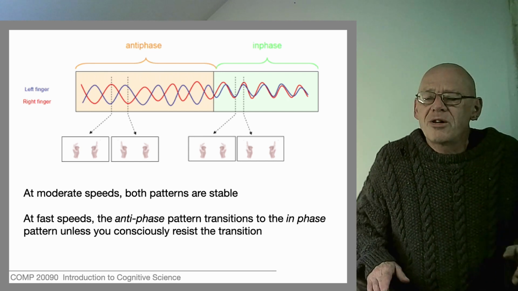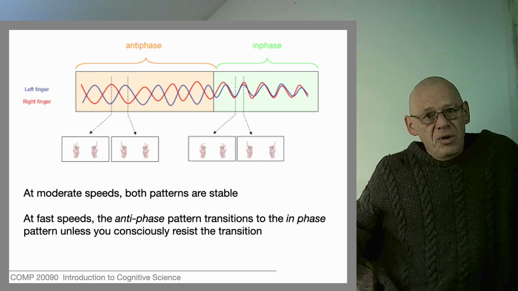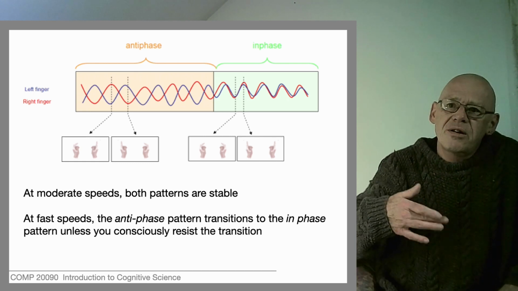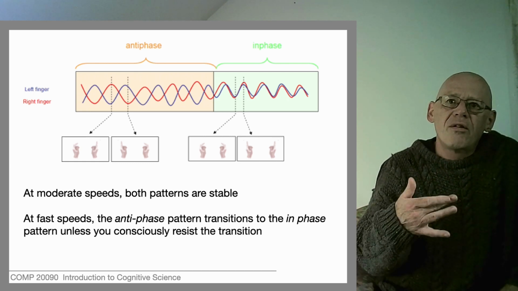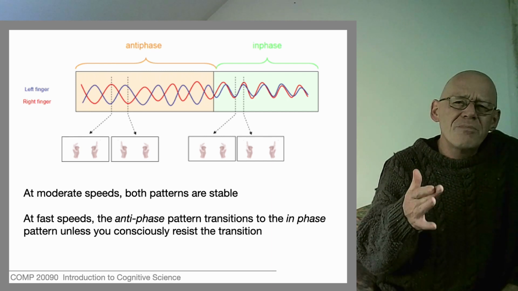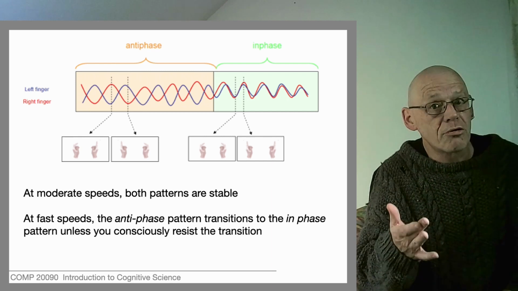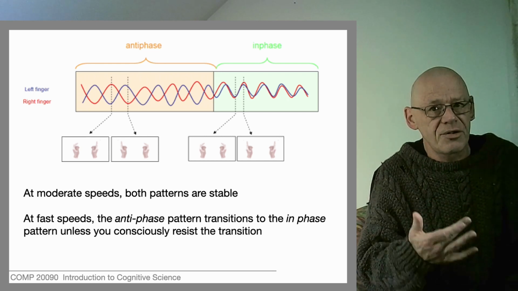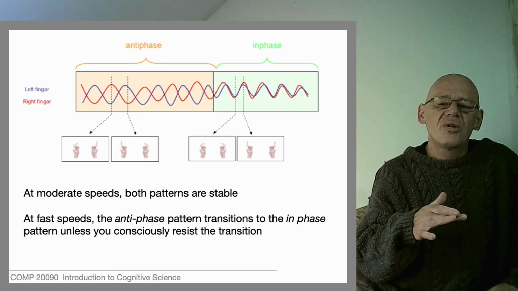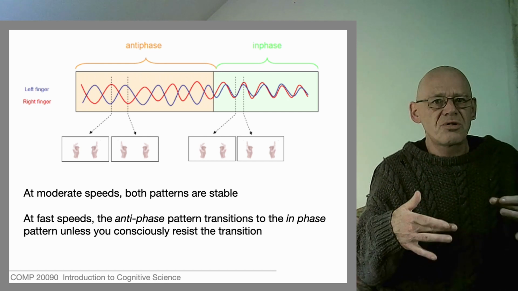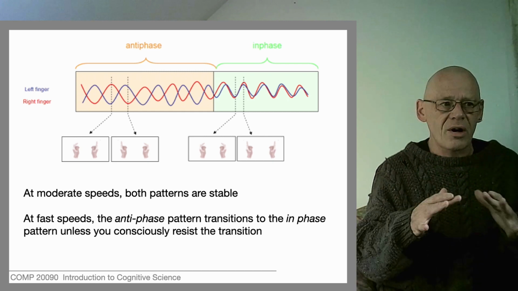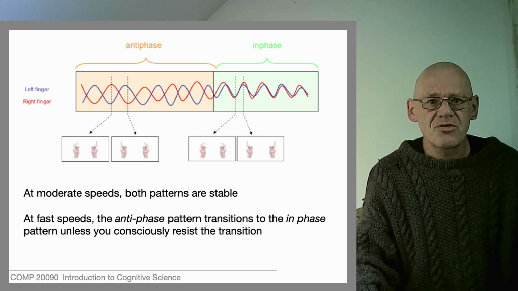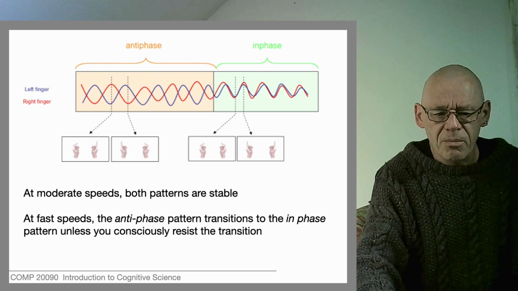This, once more, is something that's going to be interesting, because you know from yourself that if you're walking at different speeds, you can do that over a range of speeds, but there comes a rate at which you have to switch to a run. A run is a different form of coordination, so rate-induced transitions in the overall organization are going to be of interest to us, because this is very like locomotion.